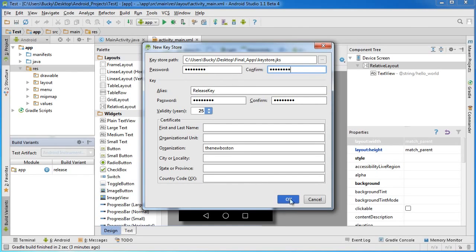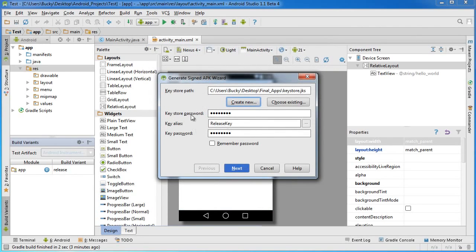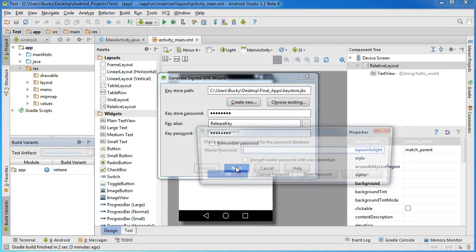So again, once you hit OK, it's going to create a key store path, which is a special file to hold all of your keys, and it's going to create this one key, which pretty much says, okay, you are the New Boston, and to verify that later on, this is the password that you need to give me. So hit OK, and now it automatically fills out all your stuff for you, so just hit next,